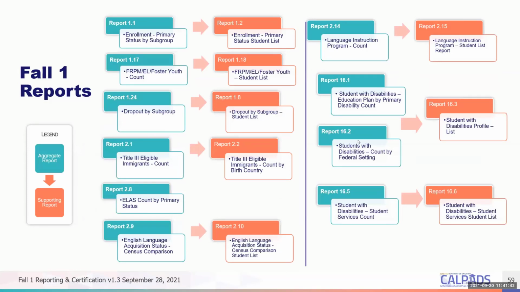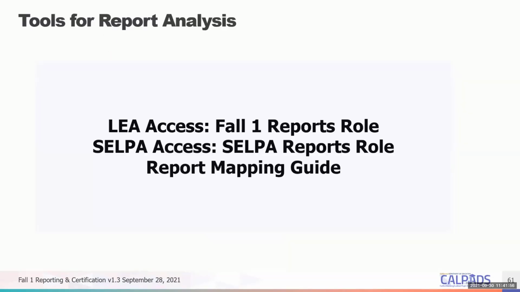So the 1.119 that's available to counties simulates report 1.17 and 1.18. So if you're going to be certifying, or if you are providing reports to subject matter experts or stakeholders, you want to make sure that you give them the appropriate levels of access, right? So they would need the Fall-1 reports role. If you're a SELPA, you need the SELPA reports role, and then you need access to the mapping guides. And so,